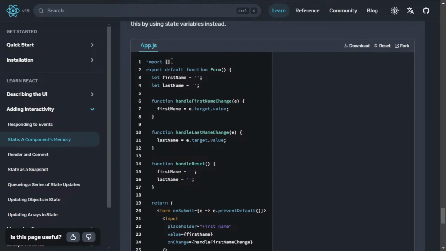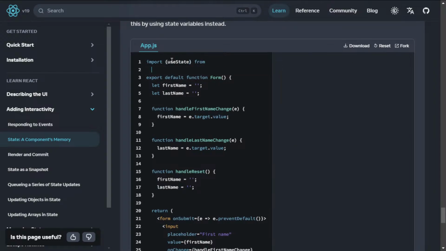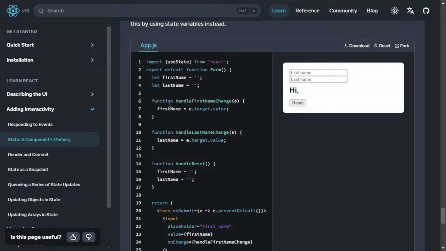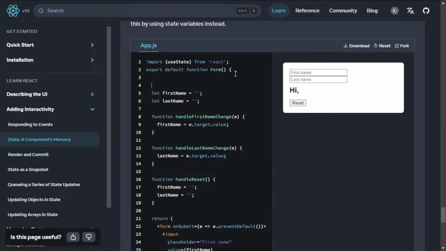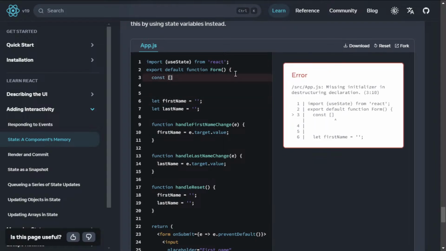Import the useState from React. Okay, we are going to import the useState from React, and I'm going to use const my first name, this is my first name, set first name,